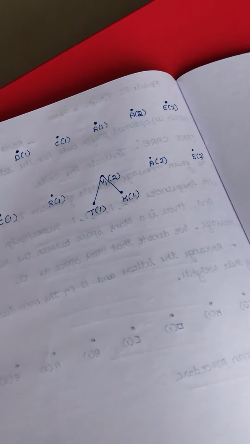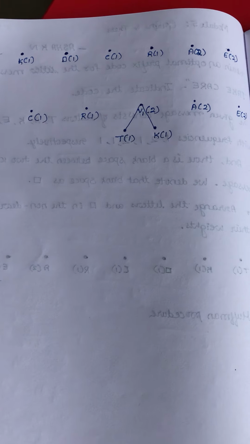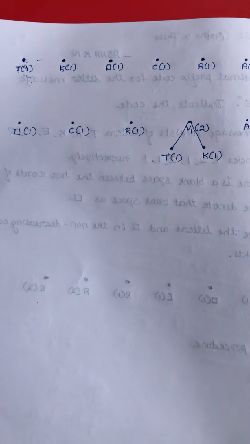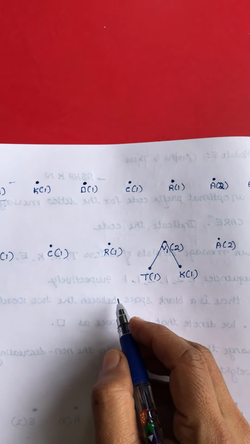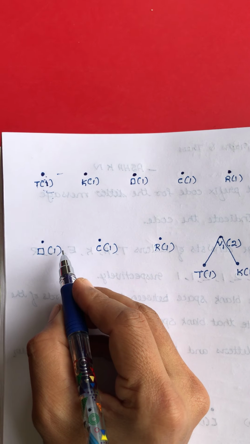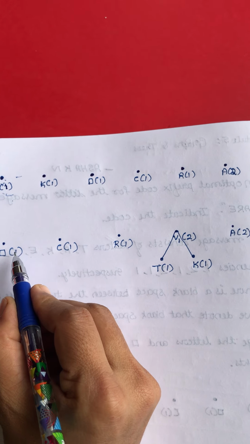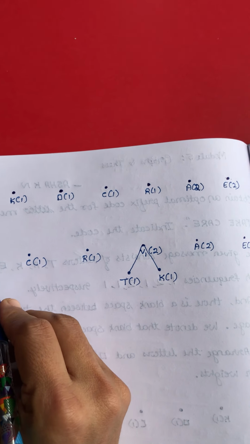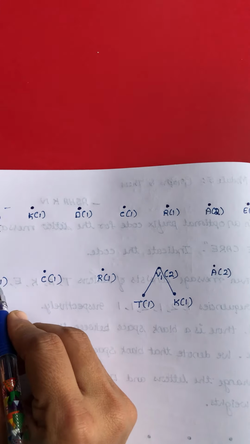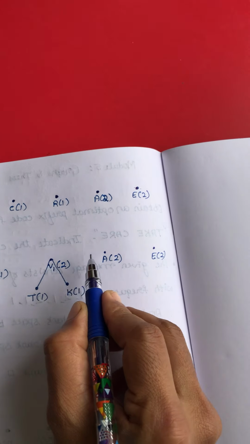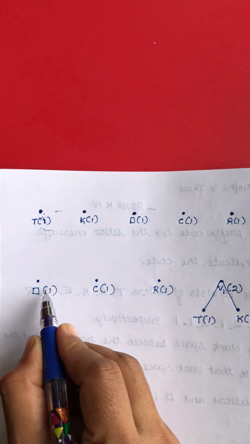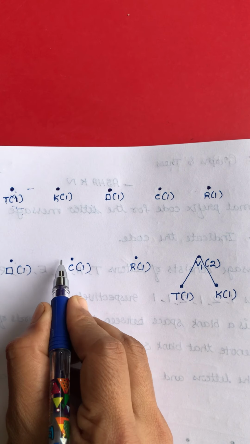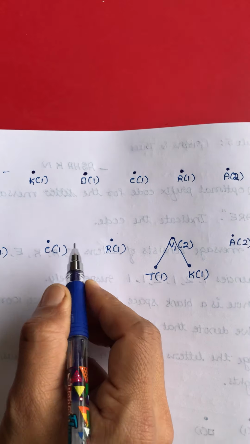Next we have to continue this procedure. Again the same step follows: we have to add the two minimum weights. Now we have 1, 1, 1, 2, 2, 2. The minimum is 1. Out of these three, we select any two. So I will select the first two, this and this. 1 plus 1 becomes 2.